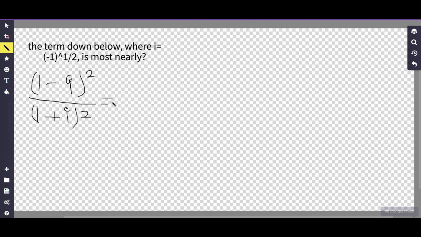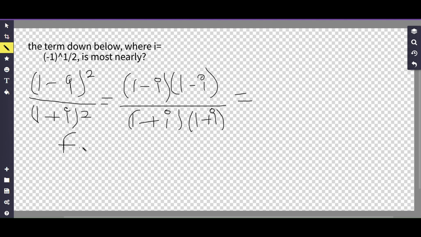So what we have to know is the simplest approach is the easiest. That's Occam's razor. The easiest is always probably the most simplistic solution. So right now what we have is (1 minus i) times (1 minus i) on top, over (1 plus i) times (1 plus i) again. And so what we can do is a FOIL. For those of you who aren't familiar, a FOIL is nothing more than a fancy terminology for first,